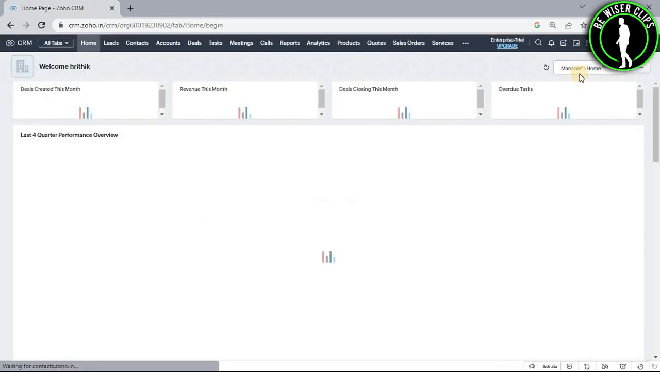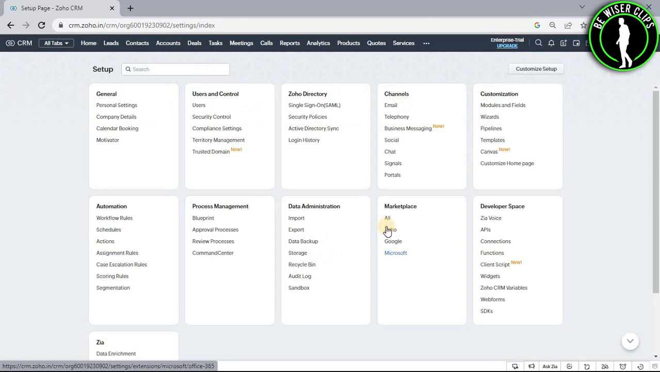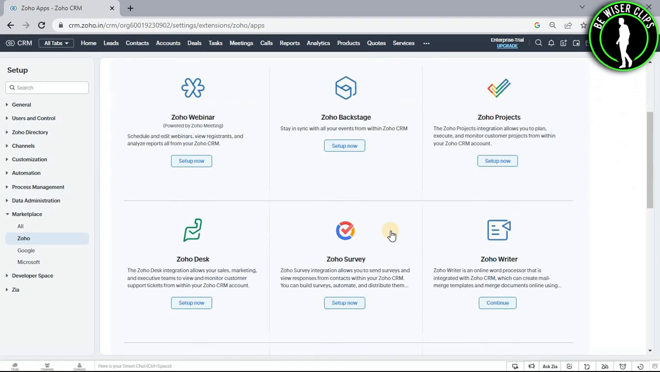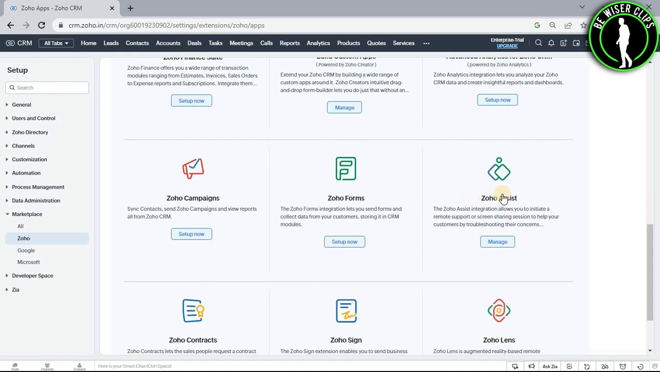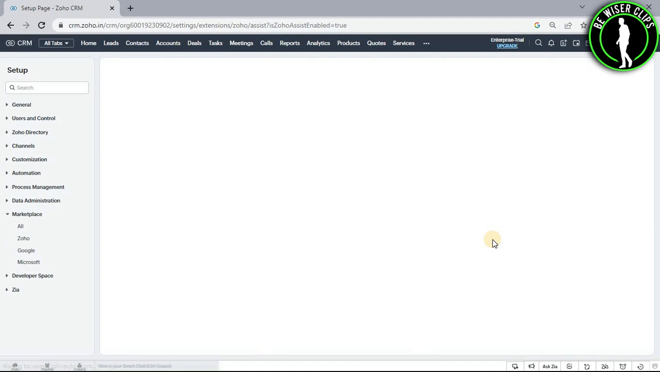After coming on the home page, you guys will need to select this settings icon right here. Now go with this Zoho option. Now scroll down until you guys see this Zoho Assist section right here. Now select its manage button